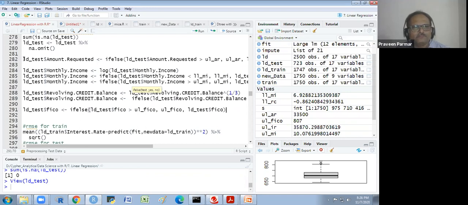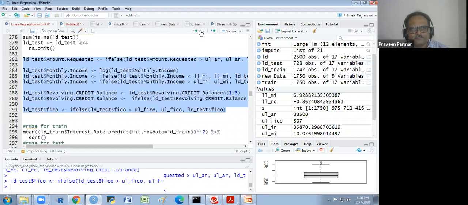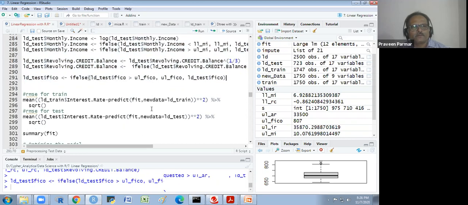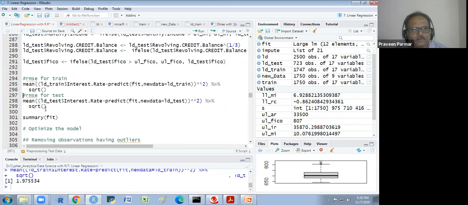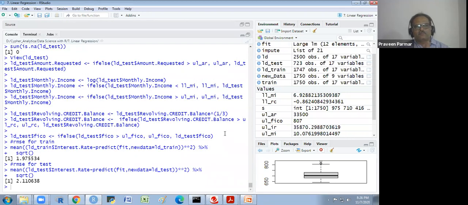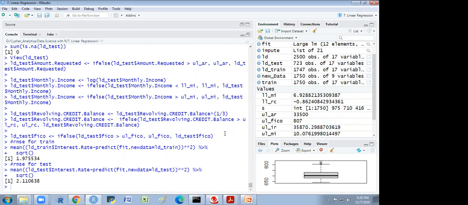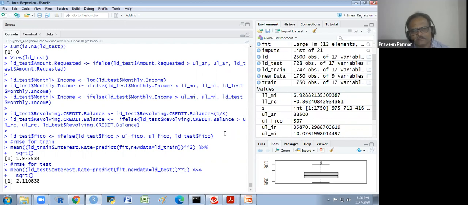It's correct now. I run this all together and it all processed. Now I find out the mean RMSE and I find out the RMSE here also. Look at this now. What do you say? More or less the same as what I got. You also got the same? Yes, sir. Oh, nice.